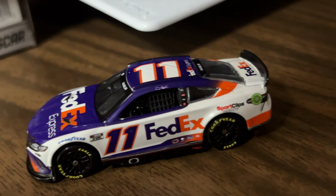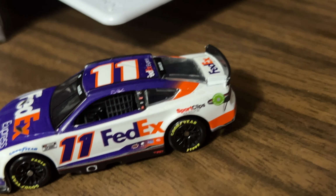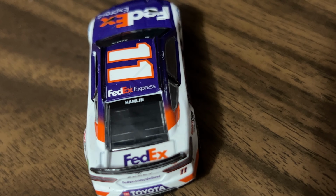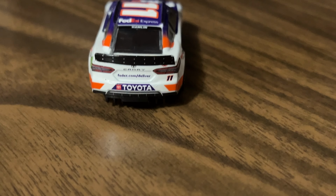On the front there, you got FedEx Express, Hamlin, Toyota logo. Down the side, the number's obviously been moved up this year for the new car. You got FedEx, Denny's signature above the window net, Sport Clips, Interstate Batteries on the bottom there, Mac Tools, Sherwin-Williams. And then on the back here, you got Hamlin, FedEx Express on the roof where it says 11. You got FedEx on the trunk. And then